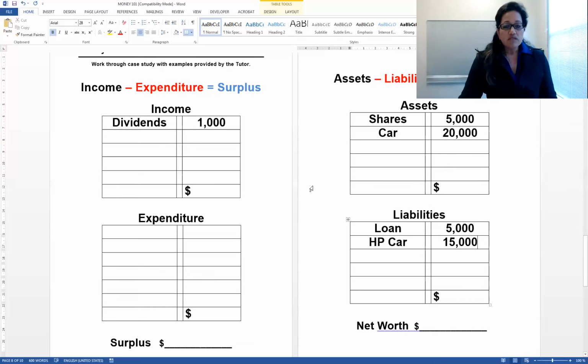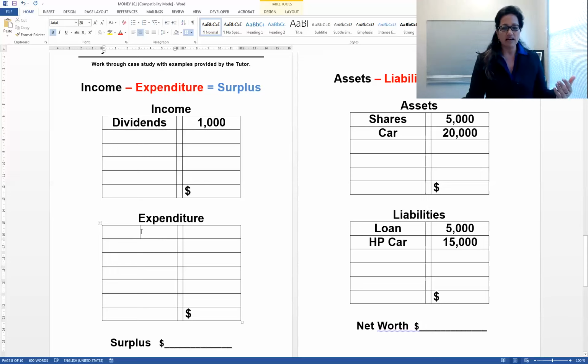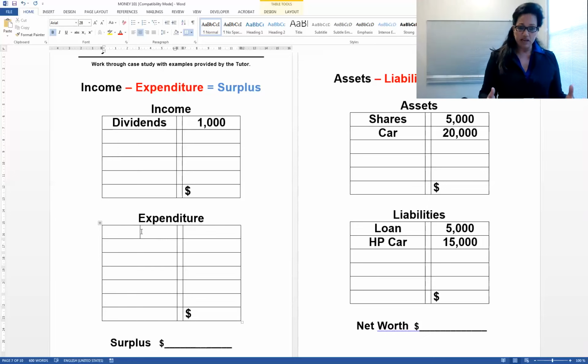With the car also, she's got some petrol expenses that go with the car, as you know, and repairs that go with the car. So we need to record some petrol costs and some repair costs that have been incurred to date. So this is over a period of time. So she's paid out petrol, which we know is an expense of running her car, and repairs.